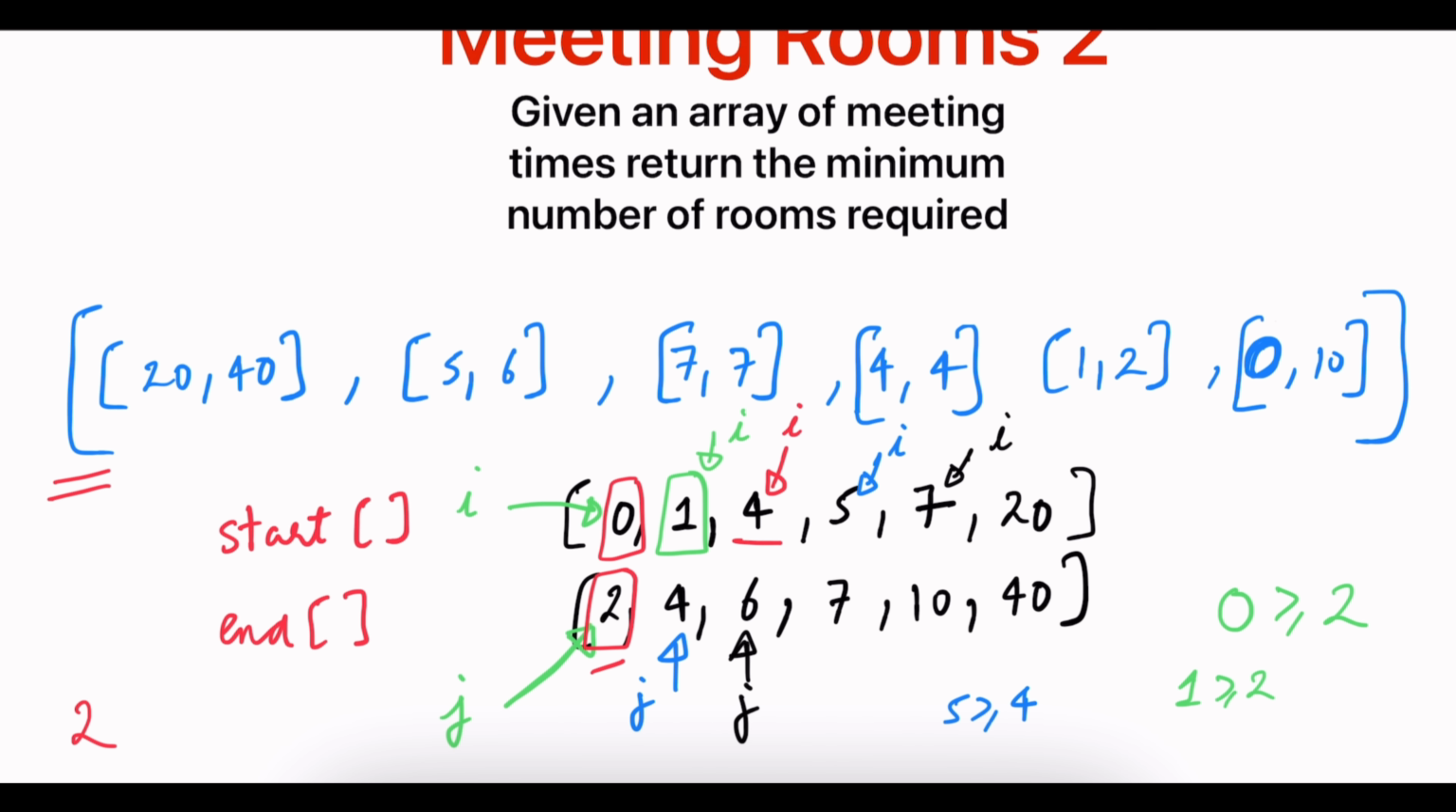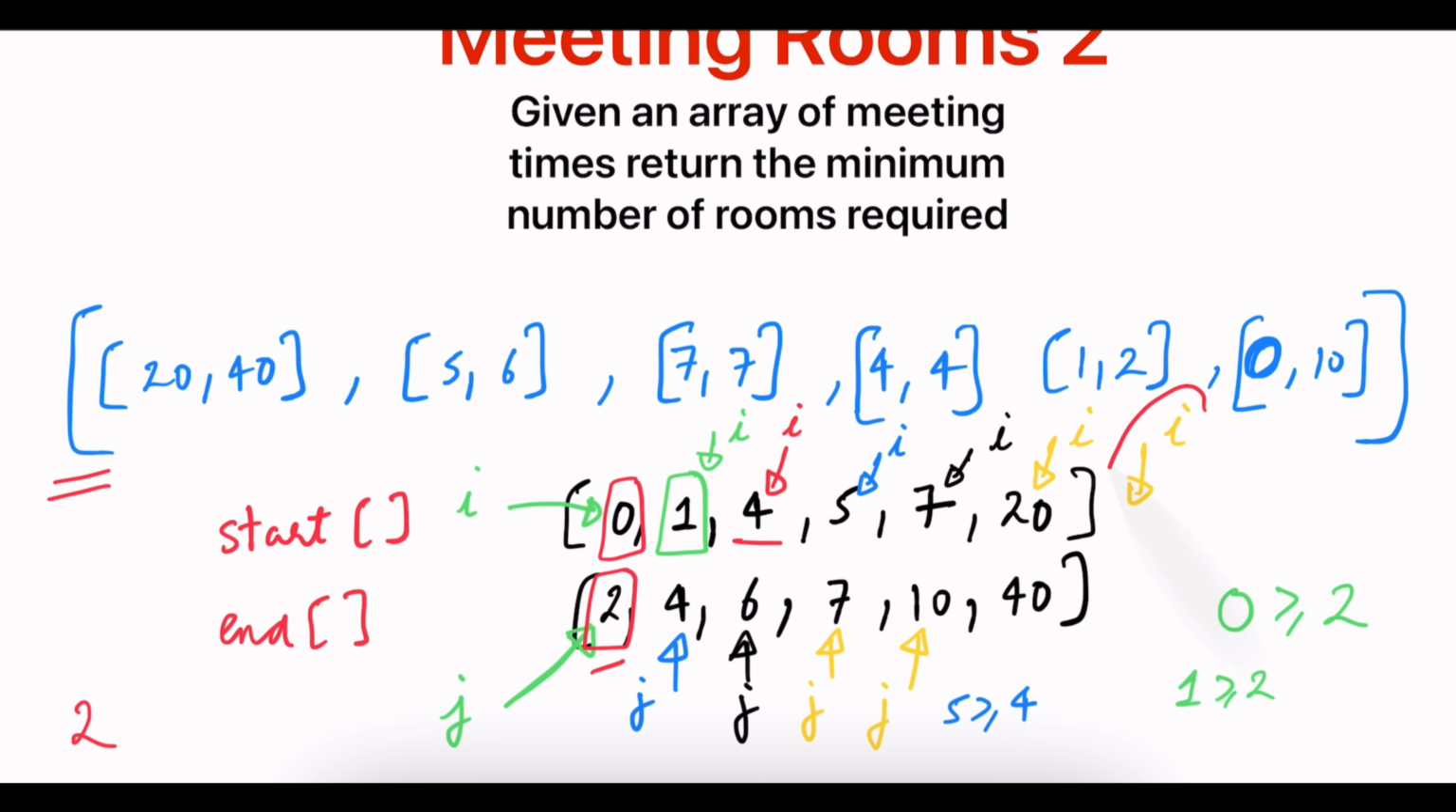So i will be at 7 and j will be at 6. Now again we check 7 greater than or equal to 6. That is true. And now we increment both i and j. So j points to value 7 and i points to value 20. Now again 20 is greater than or equal to 7. That is true. Now we increment i and j is at value 10,